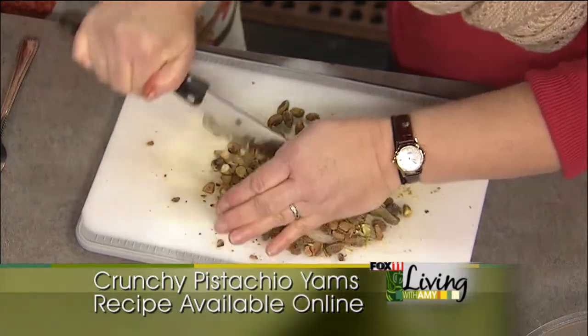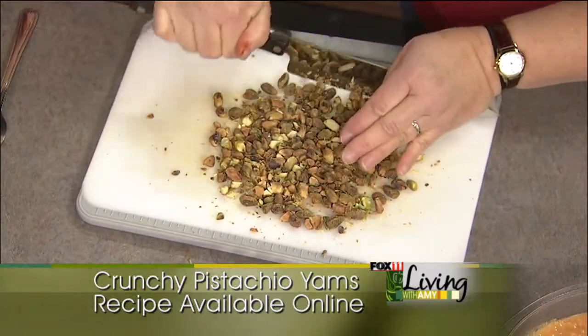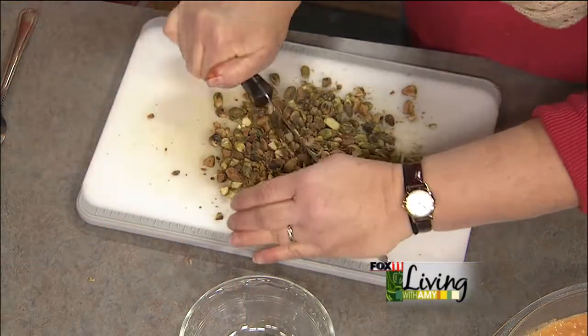And they don't have to be really fine. I don't like to leave a whole lot of whole ones, but I probably should because I like to eat the whole ones. So more rustic. Yeah, it doesn't have to be perfect. And then you mix them with the